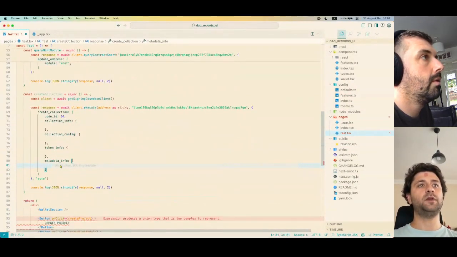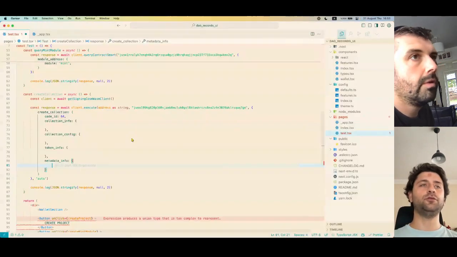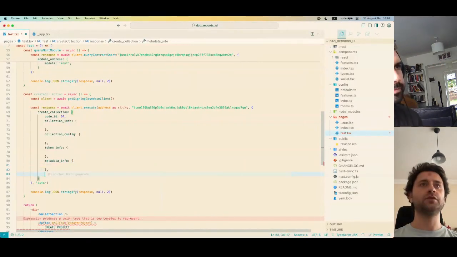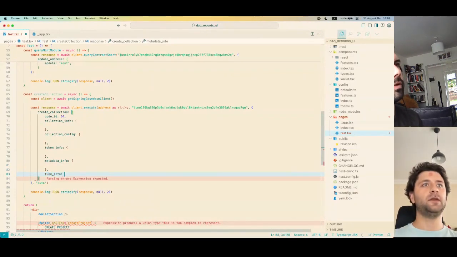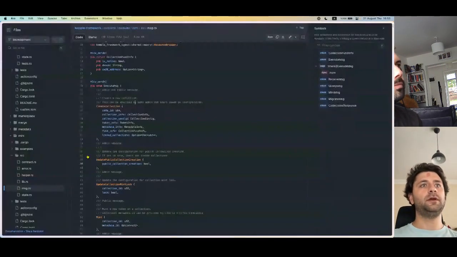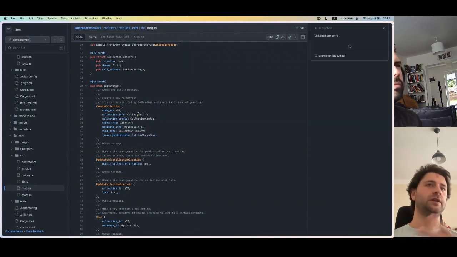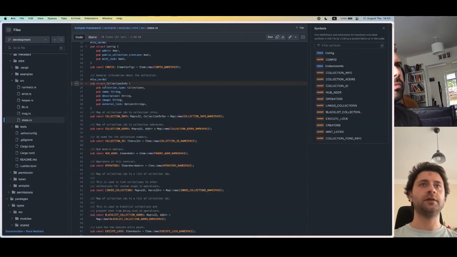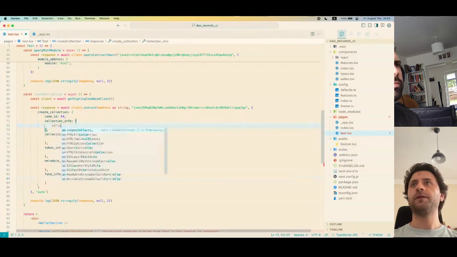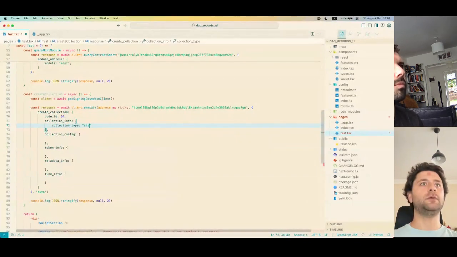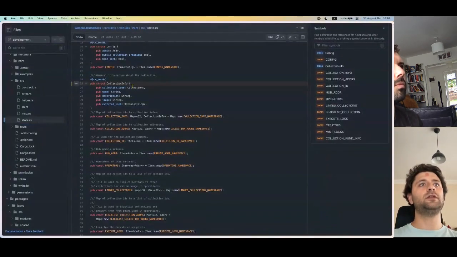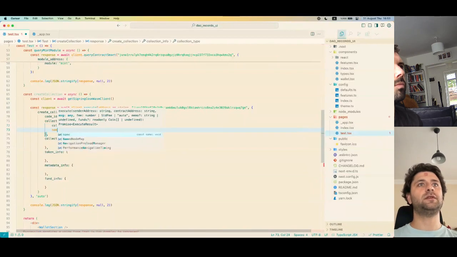info. Because we have dynamic metadata, they're on chain, and we can do a bunch of different stuff with the metadata. Fund info. This is for setting the collection price and that kind of thing. Link collection, we don't really need that. It's about some functionality with merging and some other modules in the framework. Cool. But if we go to collection info, we have collection type, which is standard